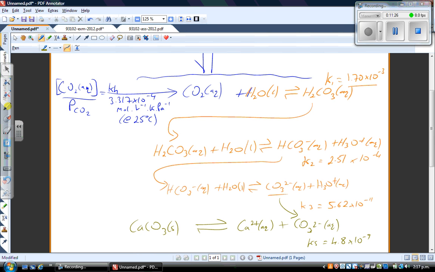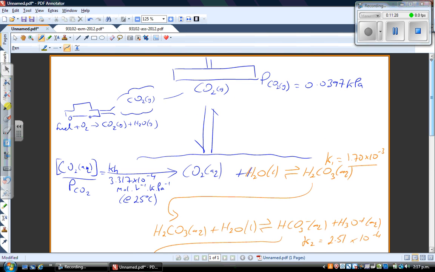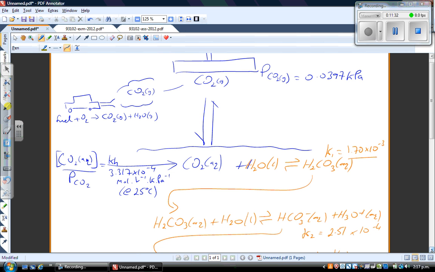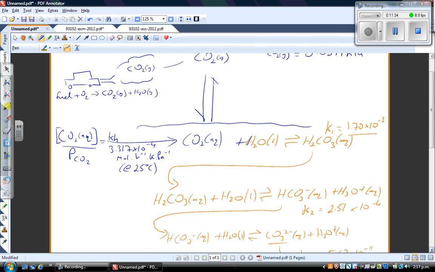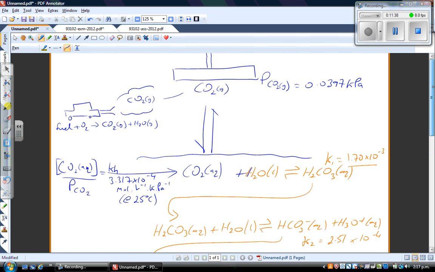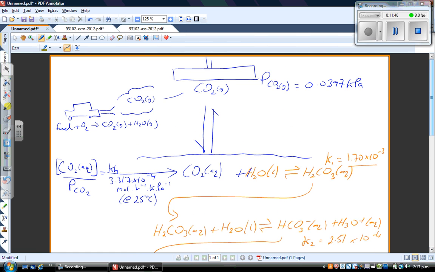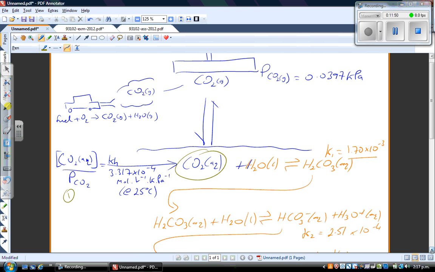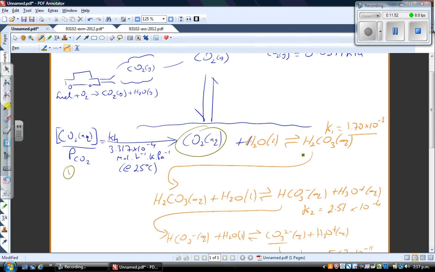So that's our scheme. That's how I approached doing this question. I laid down all the information in a coherent fashion, and it flows really nicely. So what we have to do now is work through each of these equations. We start using Henry's law, Henry's equation, to find the concentration of CO2, and then we'll work from that to find the concentration of